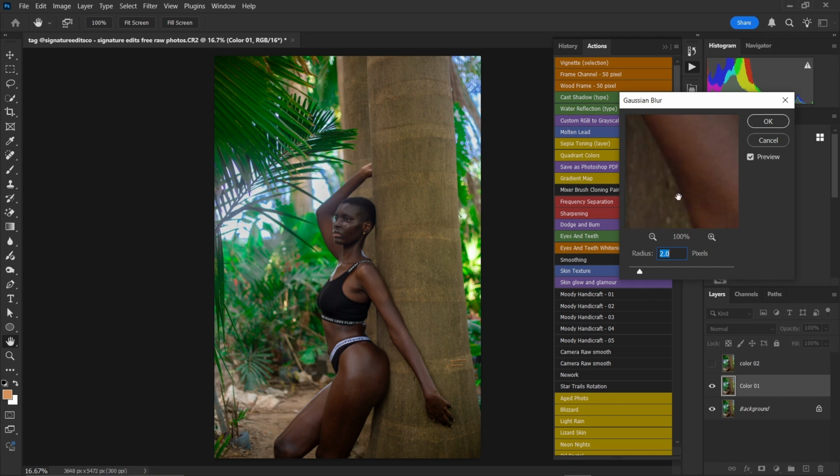Then I'm going to go into our model's face, so I'm going to zoom in. Look for the place which has more details. So you have to balance this radius slider